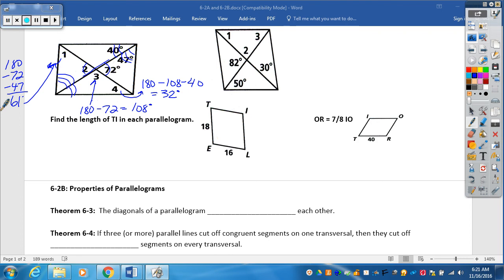For the last one, as far as the angles are concerned, I know that this angle here is congruent to that angle there, so 3 is 50 degrees. I also know that this angle right here at 2 can be found by taking 180 minus 82. So 180 minus 82 gives you, let's see here, 98 degrees. Okay. And then to find angle 1, if we know that angle 2 is 98 and angle 3 is 50, angle 1 is going to be 180 minus 98 minus 50. Okay, now these 2 together will make 148, so that gives you 32 degrees